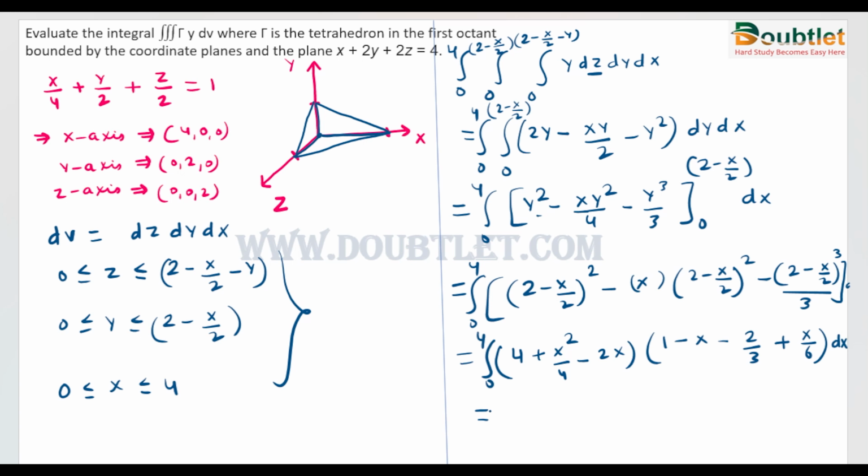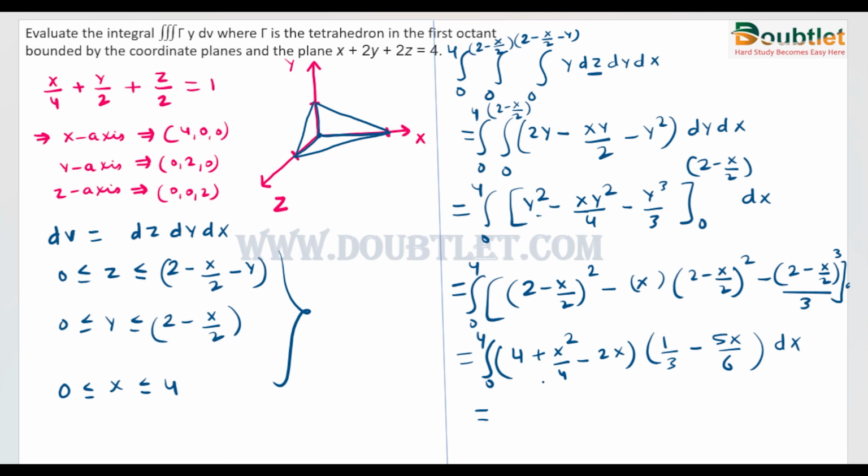So if we integrate this, what will we get? We need to multiply all the conjugate terms, and then only we can find the integral of this. So if we find the sum of this, we will get this 1 by 3. So this term will be removed, and if we add these terms, basically we will get minus 5x by 6. So we will solve this, we will get 5x divided by 6 and dx.